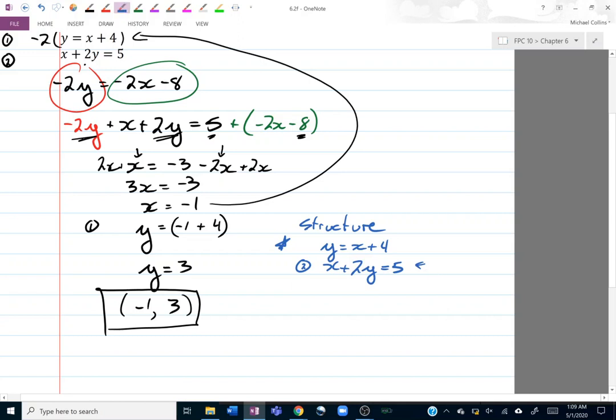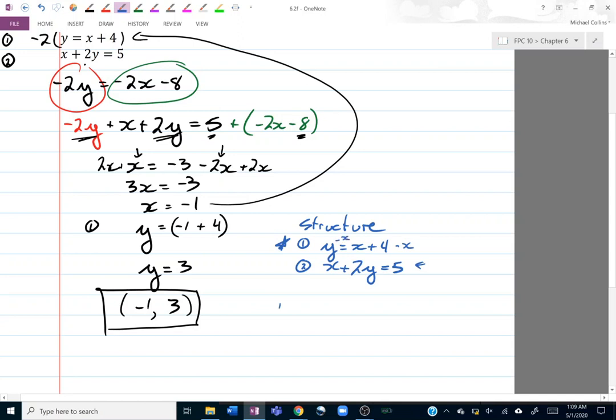So in order to follow the structure, follow this same set of rules that we've been following the whole time, they're not really rules, they're just a method. To follow the same method we've been following the whole time, we want to take equation number 1 and put it into standard form as well. In this particular case, it's pretty easy to do. There's really only one step. I'm going to subtract x from both sides,